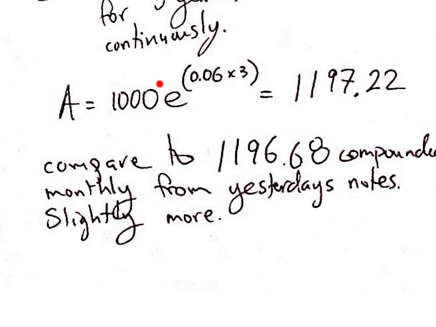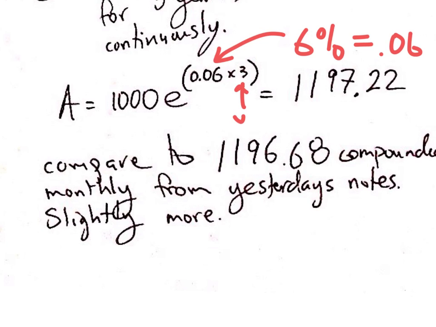We have the original amount, we have e as the base, and if you're using Desmos, you can just go to the alphabet and use the letter e, and it's being raised to, notice how 6% is in decimal form. That's a common mistake. And then this is the number of years, and Joey ends up with that many dollars,